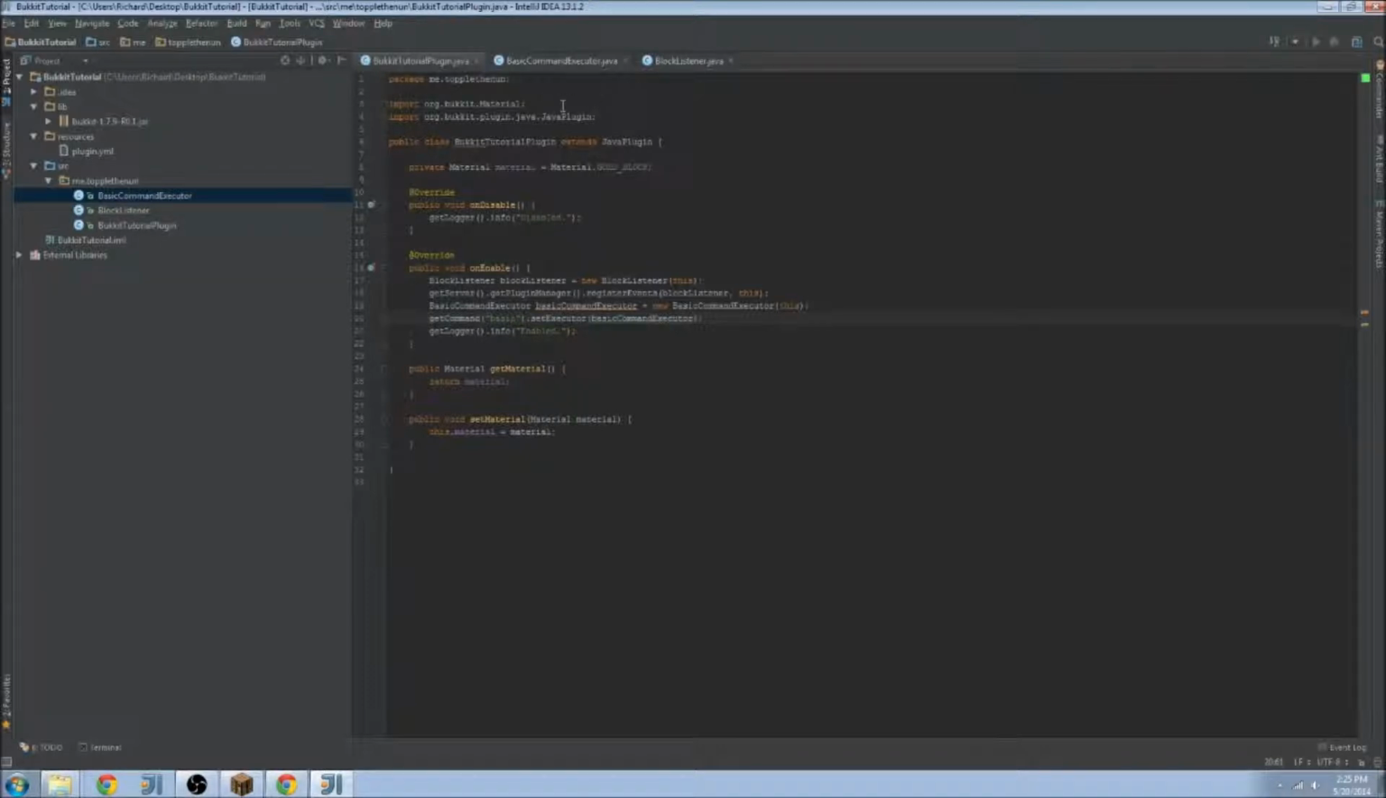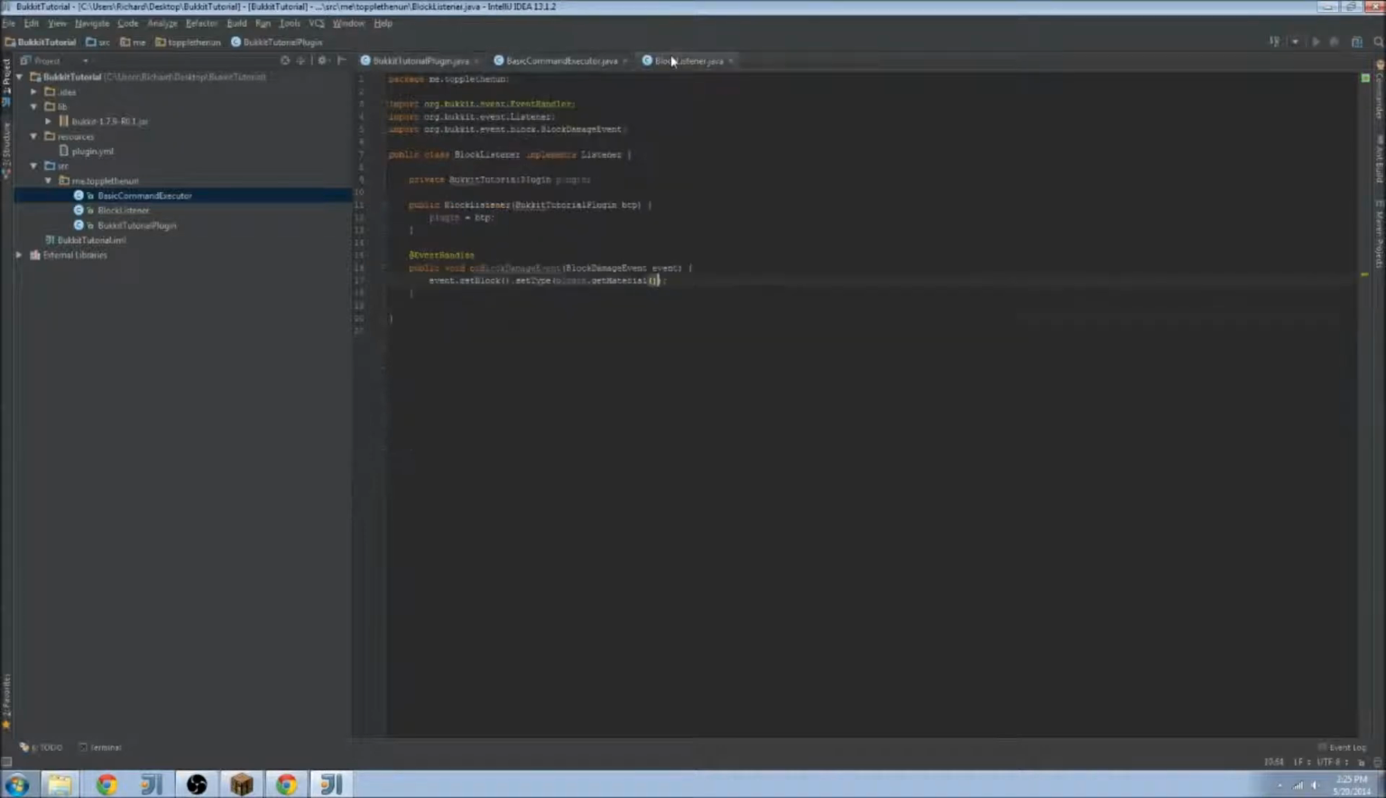So I'm going to go ahead and go into the block listener and show you what a runnable is. In Bukkit, you can do what's called scheduling a runnable. Runnables are classes that can perform a particular function differing amounts of time later. So let's say, for instance,